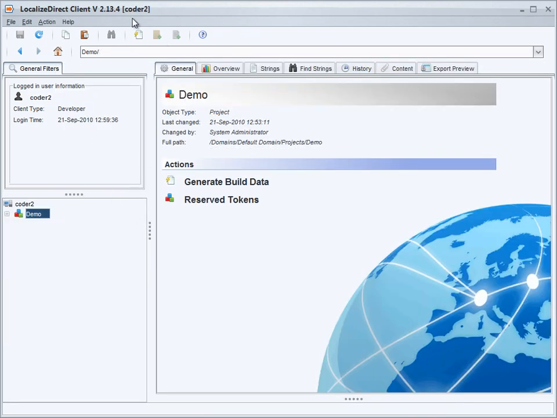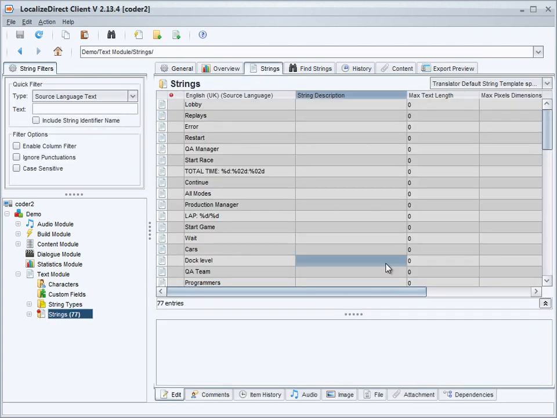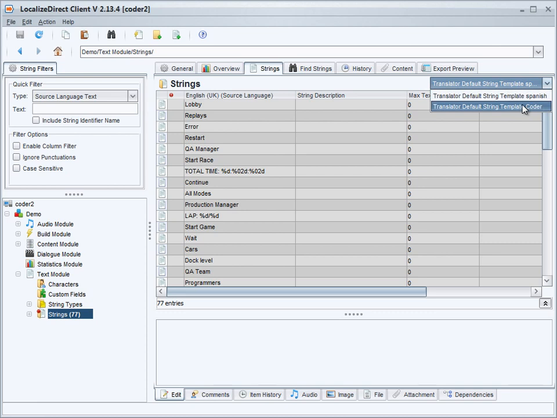I've now logged in as the coder2 user that I set up in the two view templates to show you how their view is actually now configured. So if I move down to the demo text module and open up the strings folder, you'll see that there's a view here and translator default string template Spanish up here,